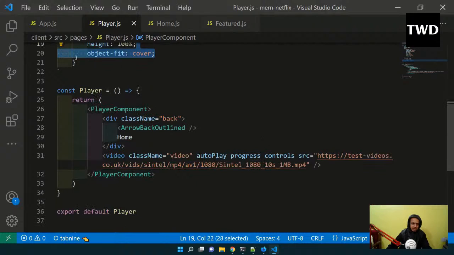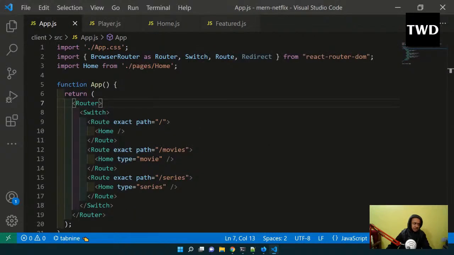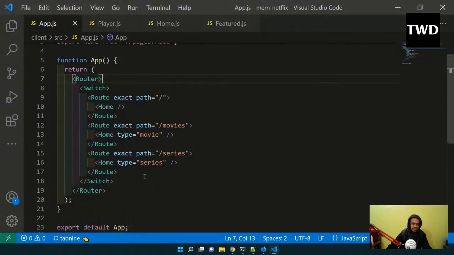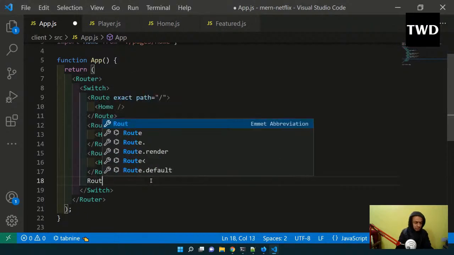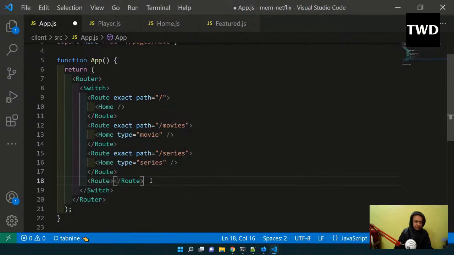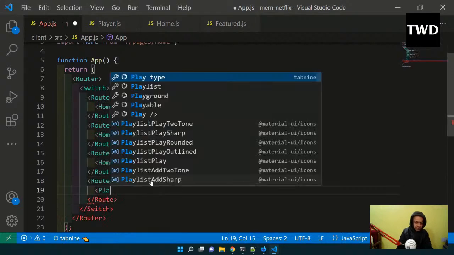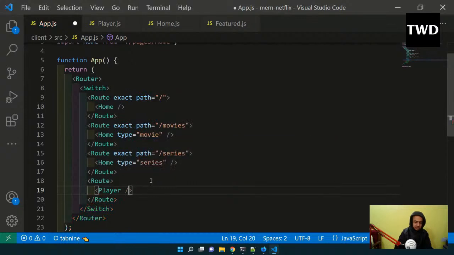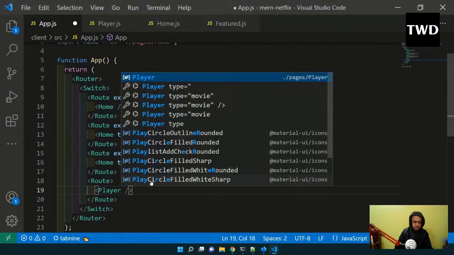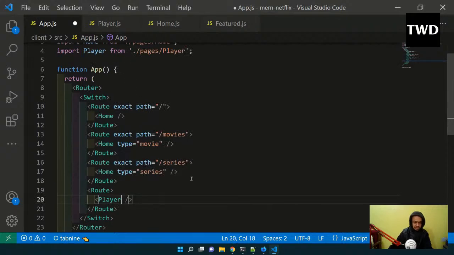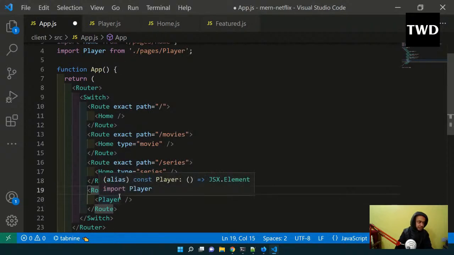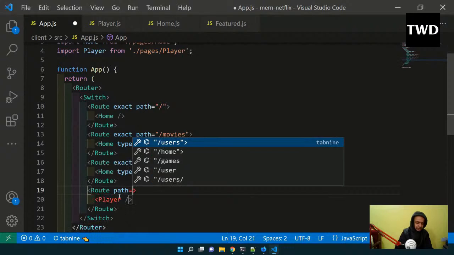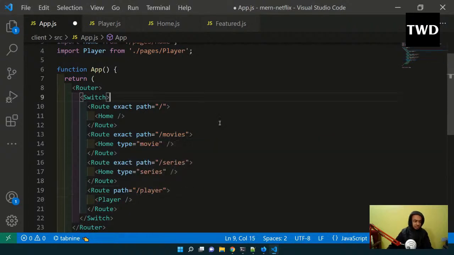So this is done. Now we'll go back to the app.js, and here I will have another route. After this I'll have a route, and that will show this Player component. Hope it is showing. Yeah, Player is showing. So Player is imported, and the route will be path equal to slash player. Save it, and then